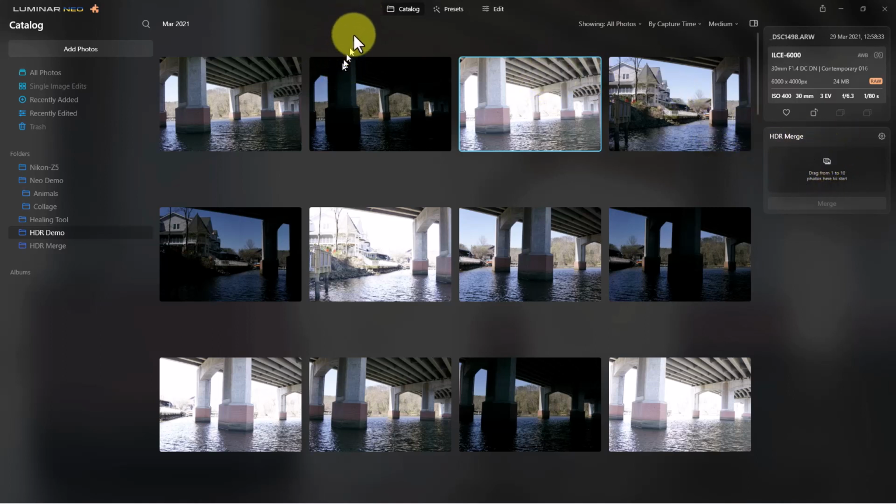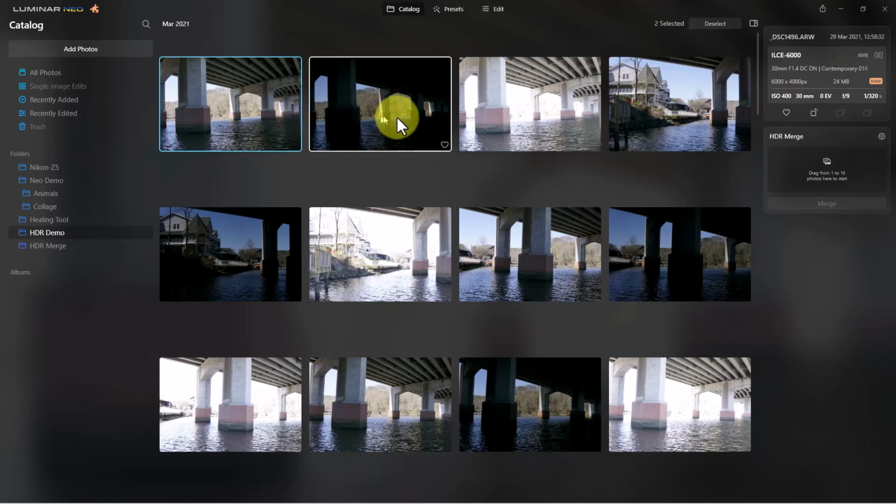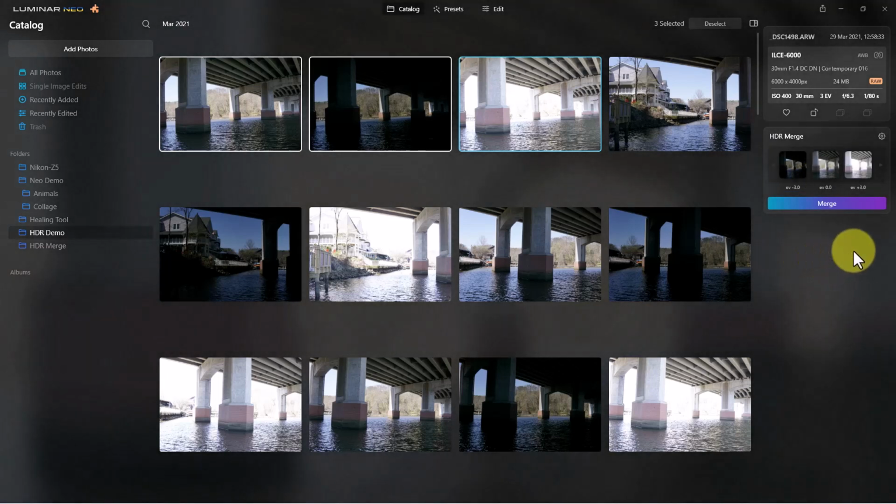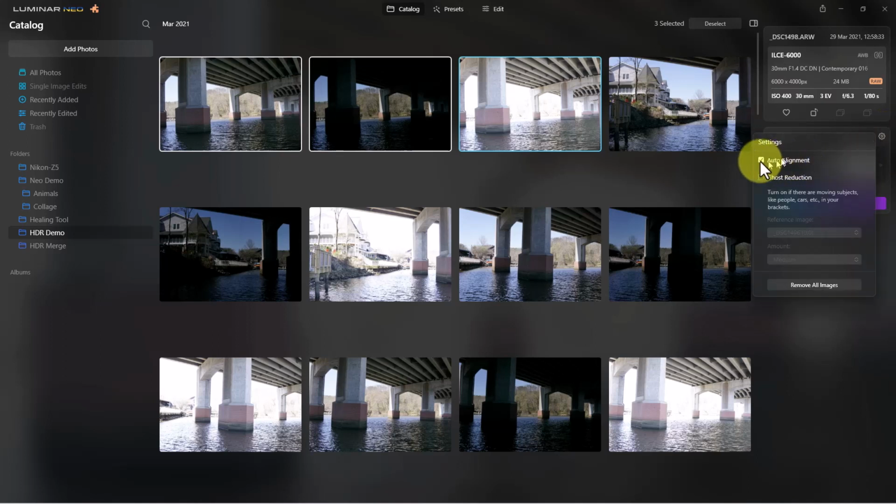So if we look up here or over to the right here, you'll see HDR Merge. That's where the plugin is, and the way you actually use it is we select the photos we want to use for the merge and we drop them in here. You can use up to 10 photos. This button merges it. If we go up here to this button, we can add things like auto align, which